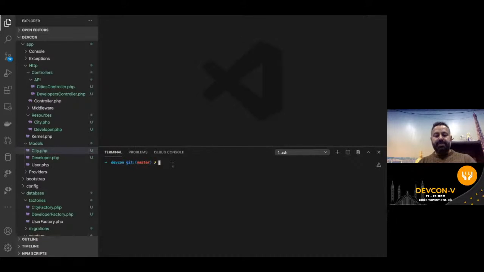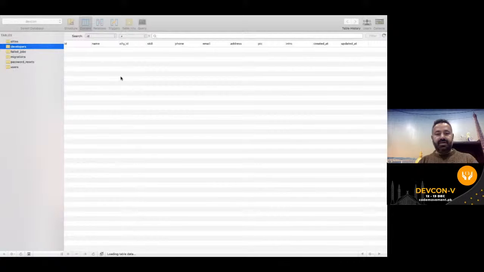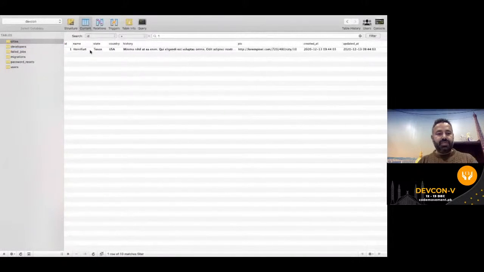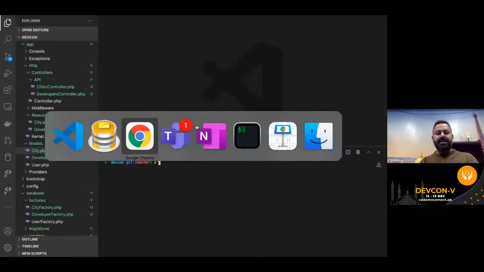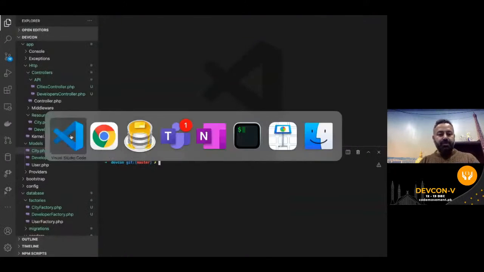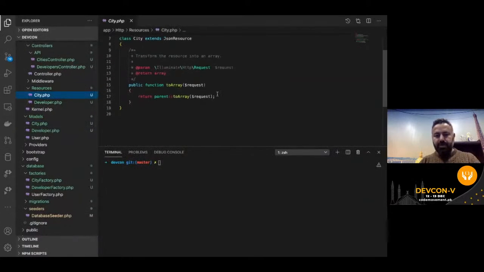And of course, in the table as well, we have the city ID, which is also depicting that they are related to each other. But anyways, if you click on any one of these, this is going to take you to the cities. But right now in our API, that relationship is not being shown, and even if we refresh, this is still going to show the city ID as 4. So we'll go to the resource, and instead of returning everything to an array, what we're going to do is